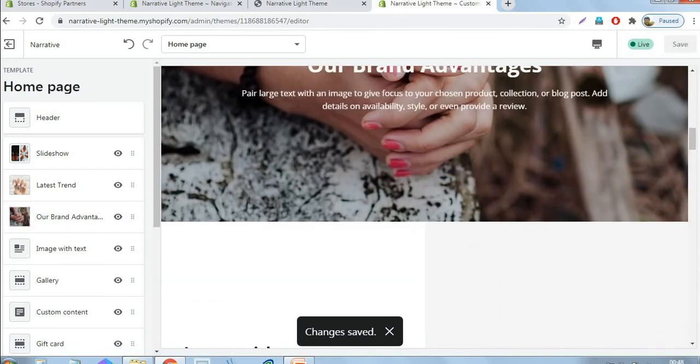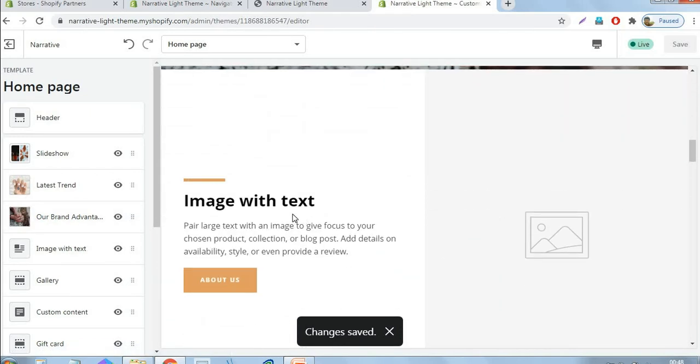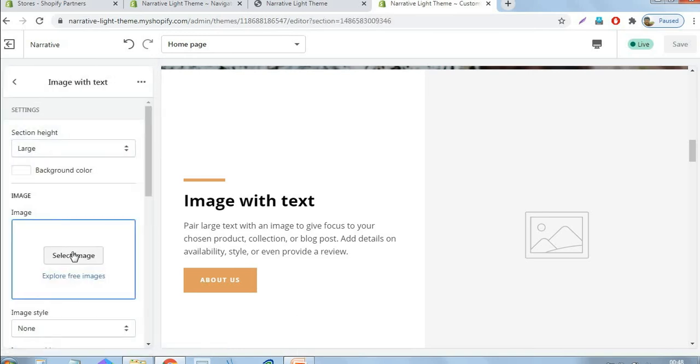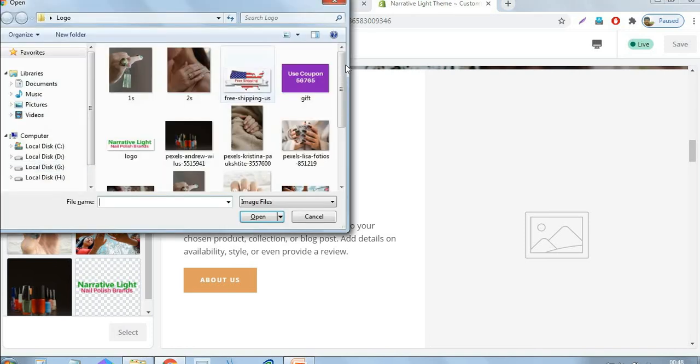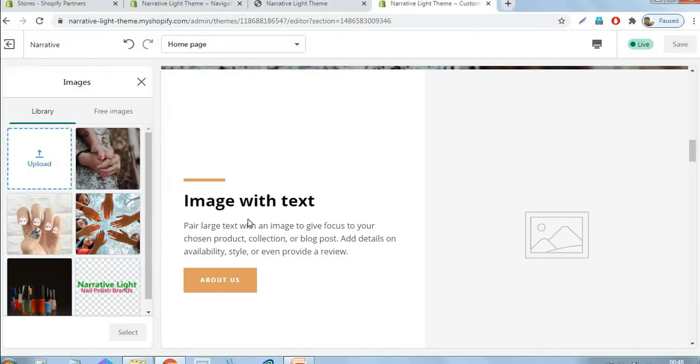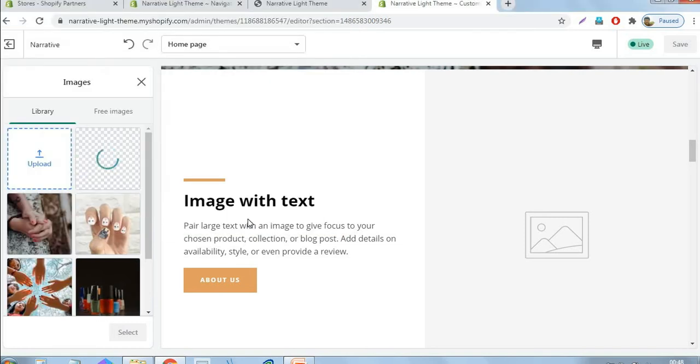Okay, the next section, again an image with text. Just click that, select the image. Okay, we will choose this one. Select.